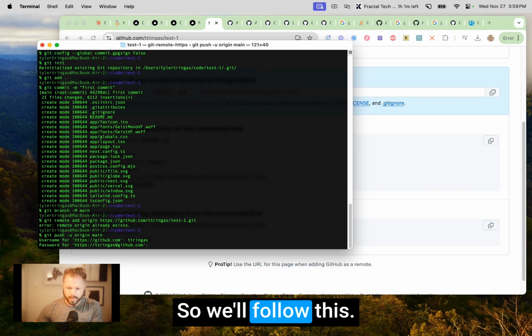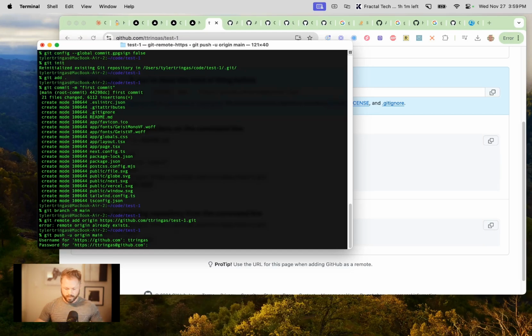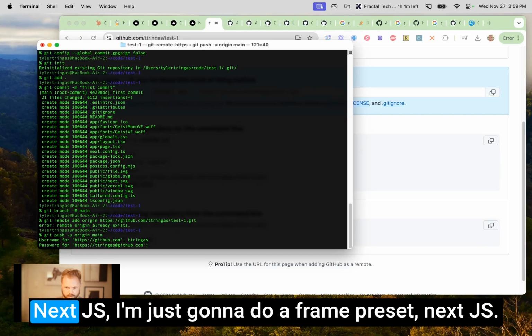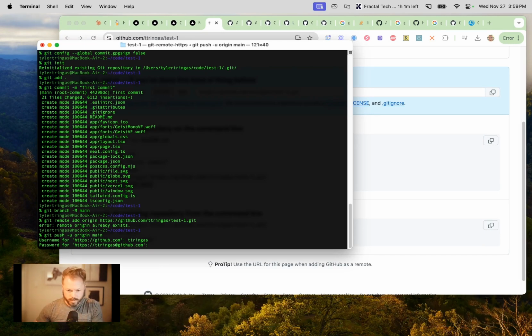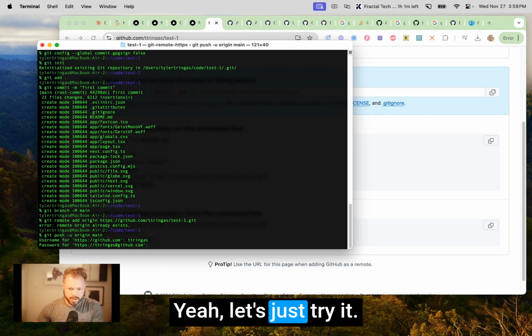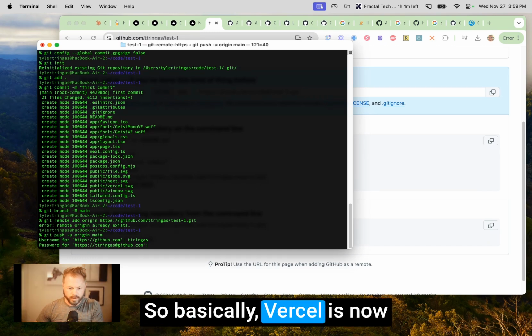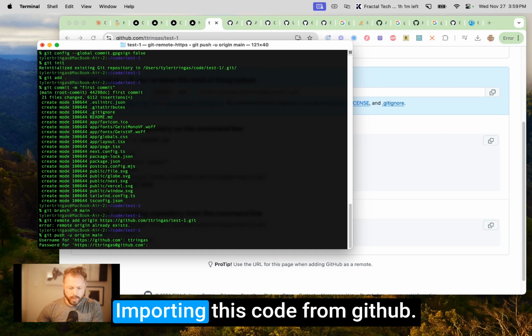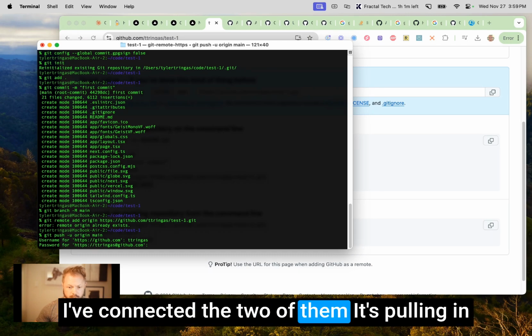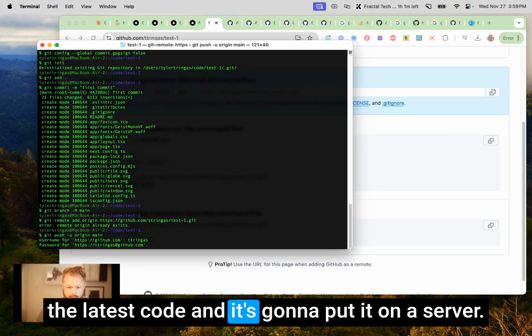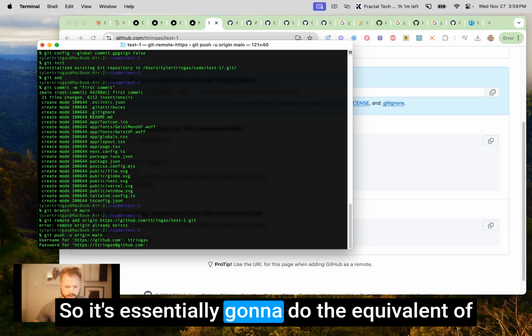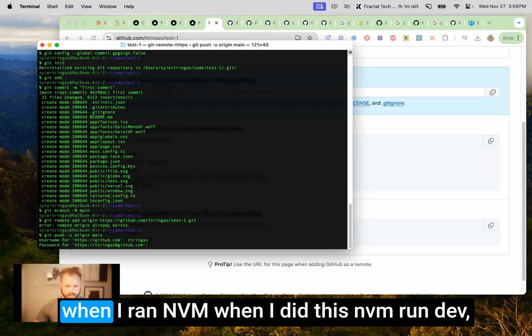So we'll follow this. NextJS. I'm just going to do a framework preset, NextJS. Yeah, let's just try it. See what happens. So basically, Vercel is now importing this code from GitHub. I've connected the two of them. It's pulling in the latest code, and it's going to put it on a server. So it's essentially going to do the equivalent of when I ran